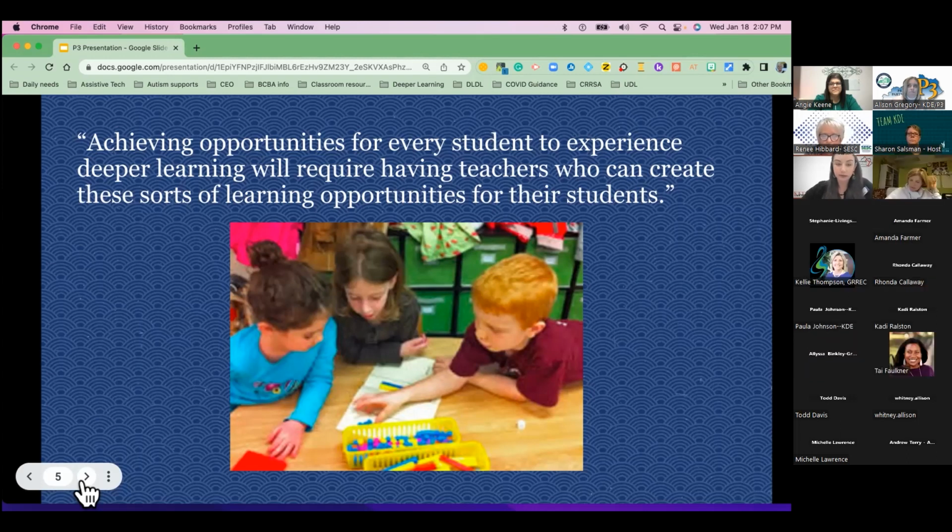This quote came from an article in Education Week entitled, "The Deeper Learning Movement Needs Deeper Learning Leaders." It sounds very familiar. If we as leaders want to see the students exhibiting success across the deeper learning competencies in the classroom, then as leaders, we have to support and encourage the teachers that are expected to create those deeper learning opportunities for their students.